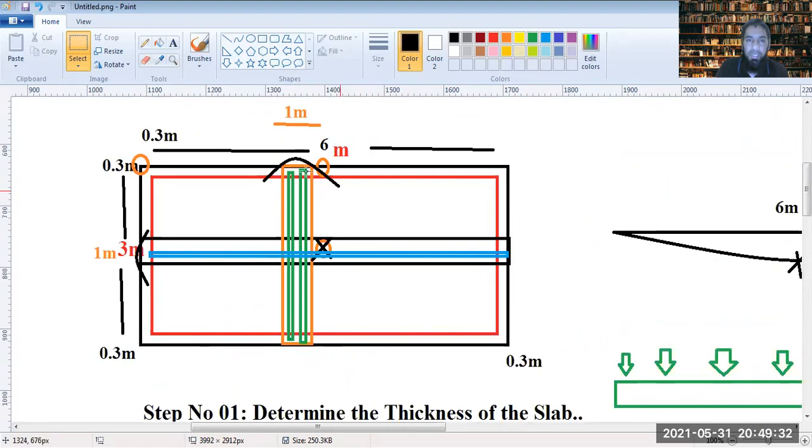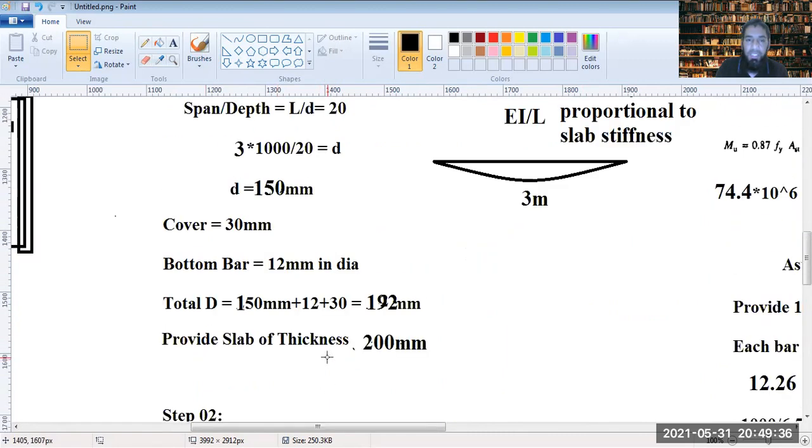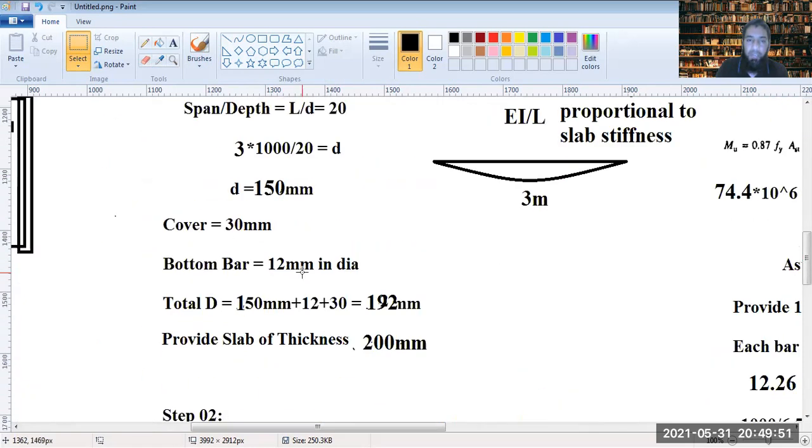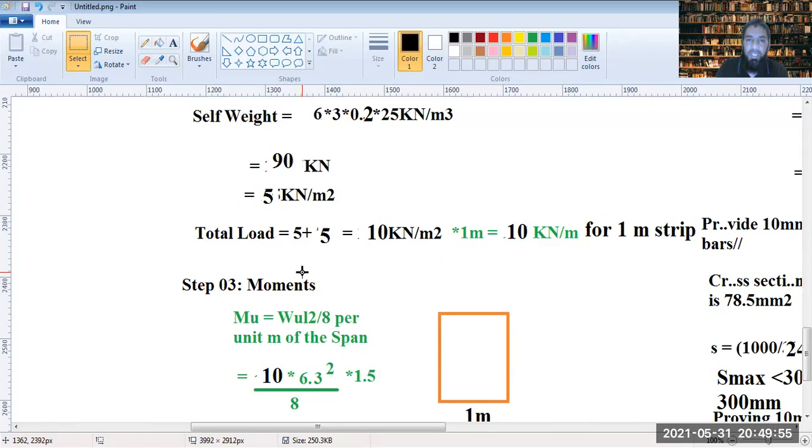We're calculating it along the length of the slab. So this length dictates the moment of the slab, and it's calculated at the maximum, which would be at the center point. That moment will then be transferred to the shorter direction in terms of the reactions that would be generated along the